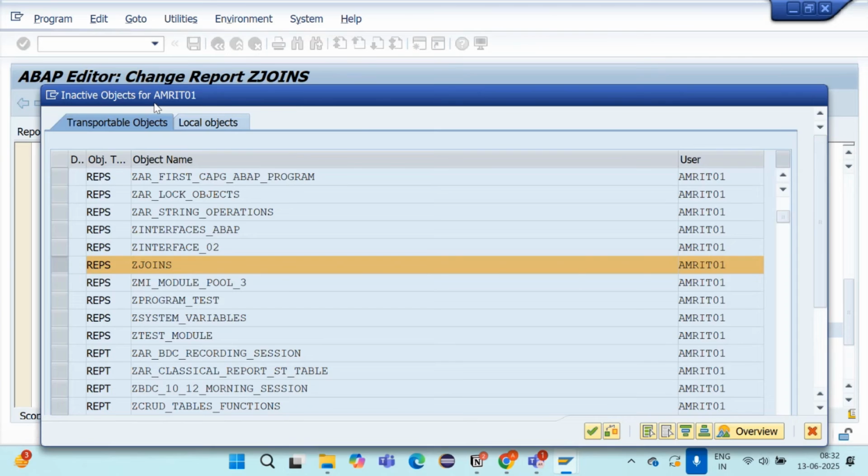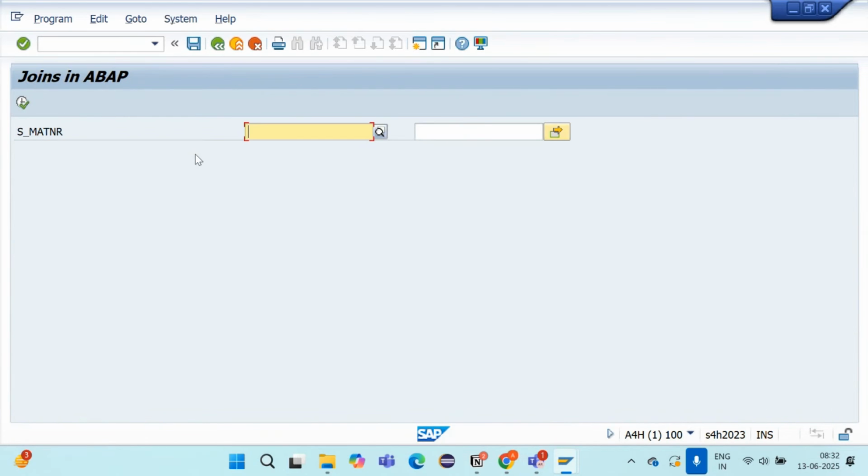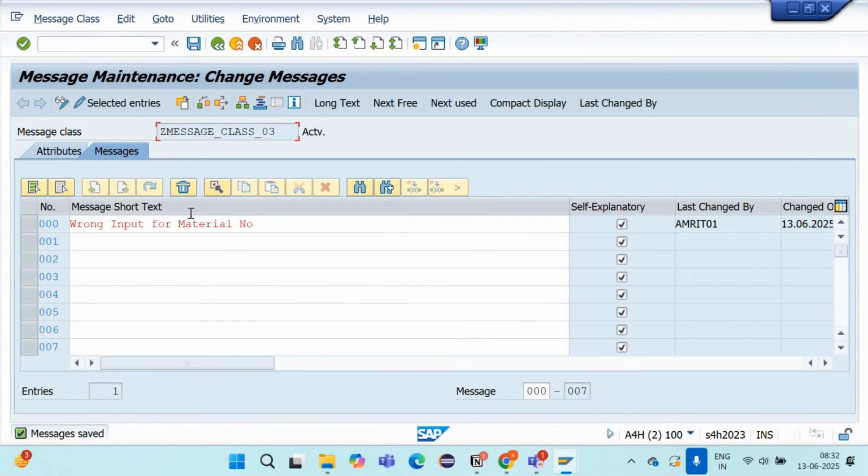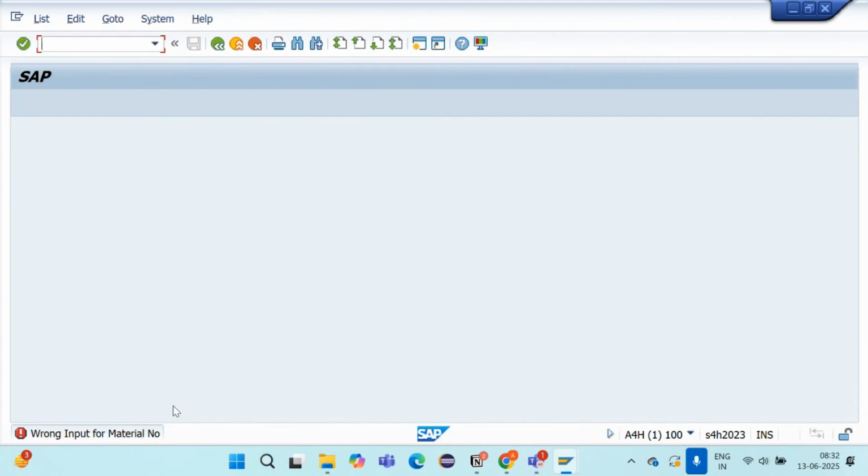Activate it. Execute. I will pass the wrong input. See, wrong input for material number. Is it the same message we have passed here? Yes, it is the same. It is the same message that we have passed here, correct? Am I correct?